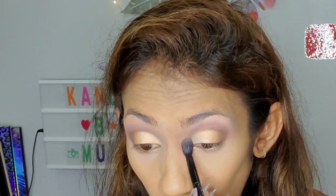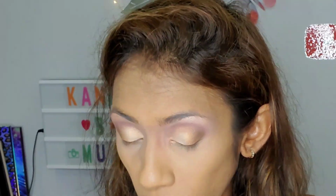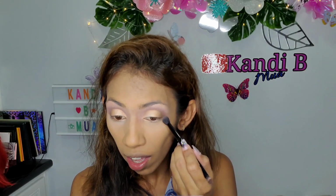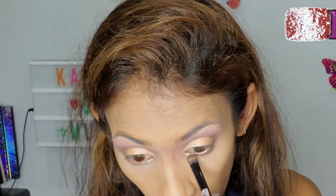Whoa! This chrome pigment is everything. Right, so I'm just going back in with the first shade right there, because I kind of got the chrome pigment all the way up. And I want to bring back some of the color from the first shade on the lid. How beautiful is this? Right. So, I'm going to take the shade Bowie and get in the underneath part, the under eye area